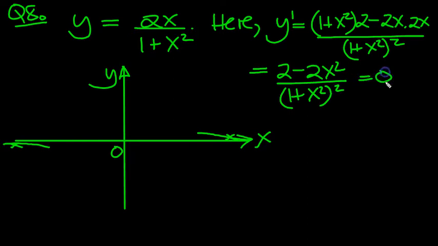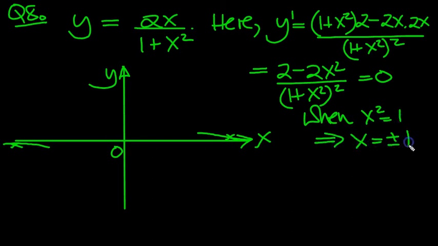That equals naught, when does that equal naught? Well, it equals naught when x squared is 1. So that implies that x is equal to, square root both sides, we get plus or minus 1. So when x is 1,